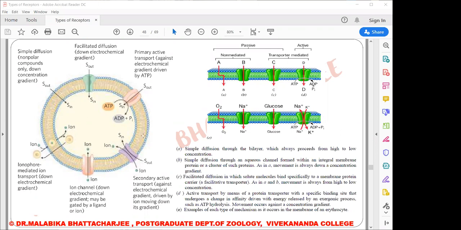This picture is from Lehninger, and it summarizes in a very beautiful manner the six basic categories of transport that occur through a membrane. So for today's class, I'll be concluding here. Next day, we'll do a bit more extensive discussion on the four categories of transport. And apart from that, go through your doubts, and if you have any, we'll take those up, go through the areas which I taught today, and we'll take up the doubts also the next day.